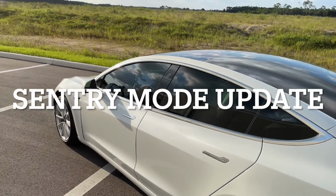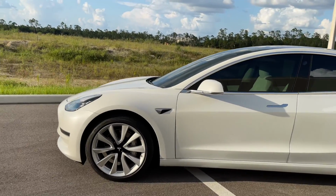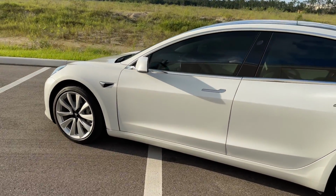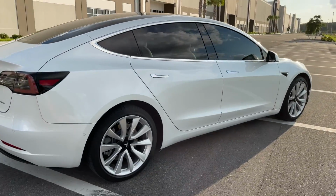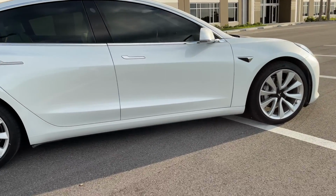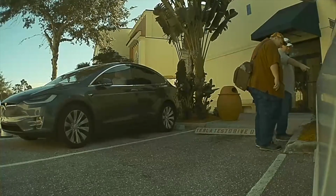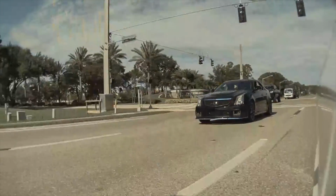The last resale item I wanted to talk about before we get into the maintenance section is about Sentry Mode. There were a lot of break-ins when the Model 3s were first coming out, and someone tweeted at Elon Musk about all the break-ins happening, and what do you know, a few months later, they came out with an update that allowed Sentry Mode on your car. It utilized 8 cameras around the car to kind of create its own surveillance system. In order to utilize Sentry Mode and record on the cameras, you just have to buy a USB drive from Best Buy. You plug it right in your center console, and here are some events that I pulled from my